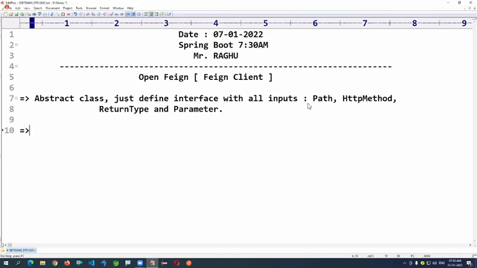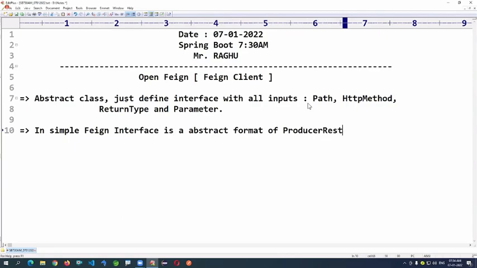In simple terms, the interface is an abstract format of the producer REST controller, another microservice's REST controller.